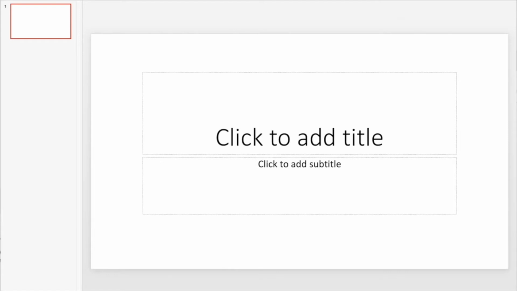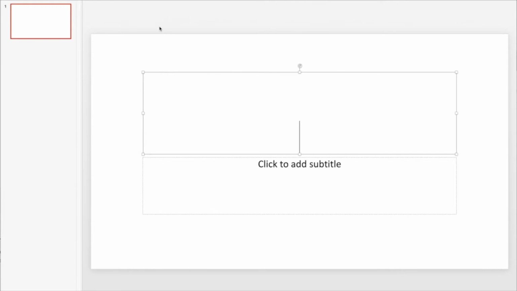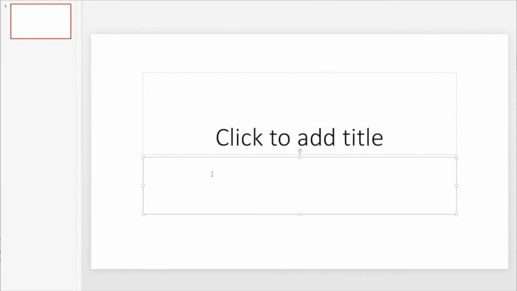Let's get started. Okay, so first thing we're going to talk about is alignment, right? So alignment, it's all in the name. Alignment is literally just where on the page is your content and is it lined up with other things. The main idea of alignment is it's basically a way of making your slides not look really disorderly and really messy, right? So we already have two components on this default title slide here, and you can tell